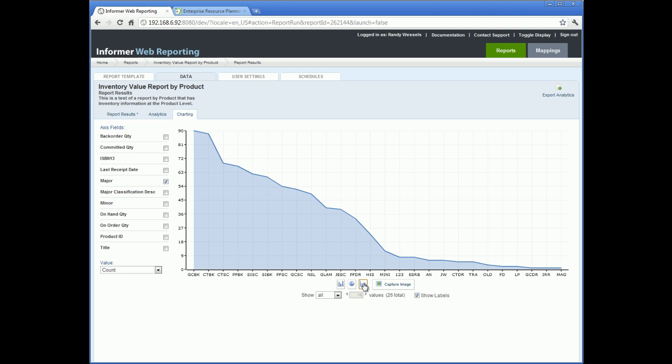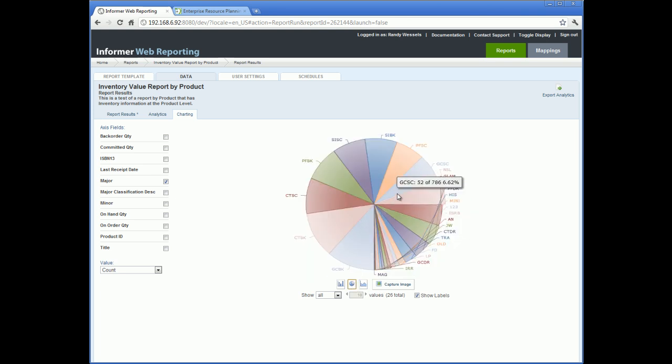Each chart has some interactivity as well when you hover over the data being displayed. Finally, you can use the Capture Image button to bring up a window containing just the chart, which you can